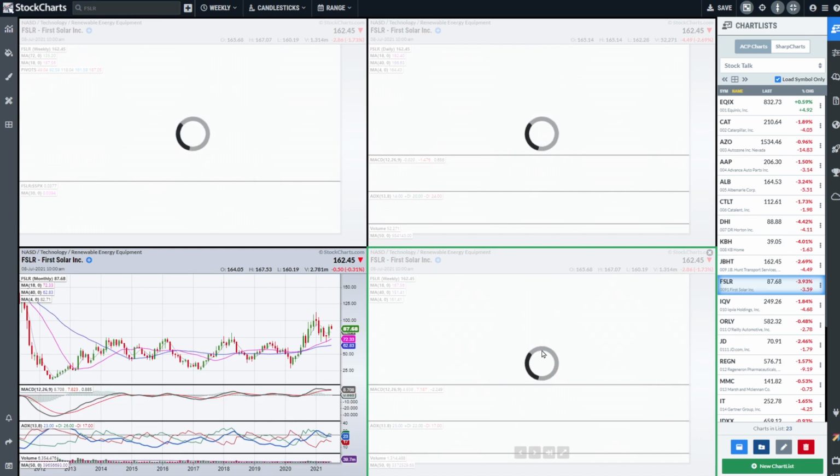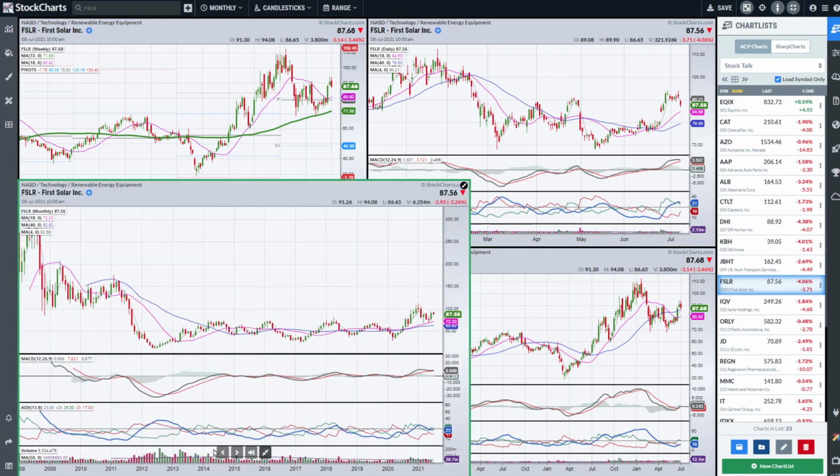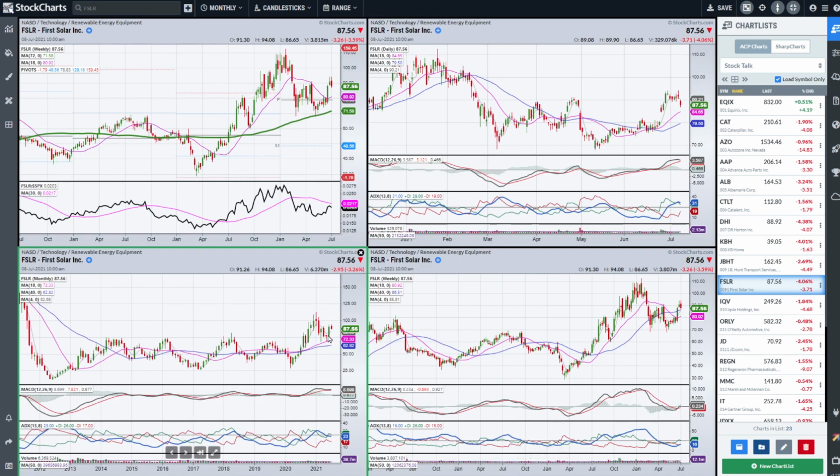Let's look at FSLR. FSLR is sort of a combination of two things. If we look at the monthly chart, we have this low ADX condition. Now, you had a little pop in here, but it spent a lot of time underneath. The ADX was low during this period for a couple of years, tried to get going, really didn't have any follow through. And then we have another low ADX pattern, and now we've tried to break out. This time you broke out, and when you're pulling back, you're trying to hold this area here and the 18-month line. So this is, I think, a pretty constructive overall pattern on the monthly, and we've gotten our pullback to the